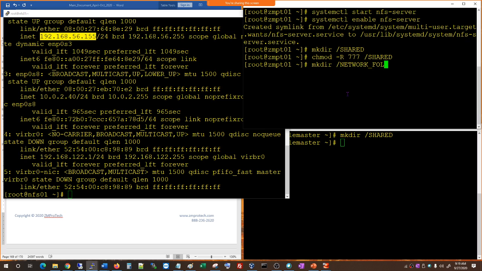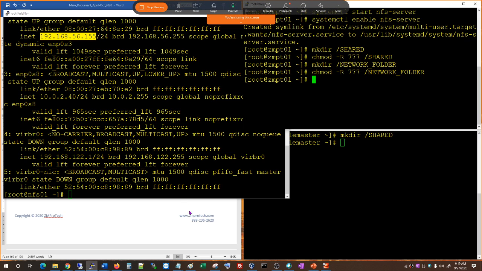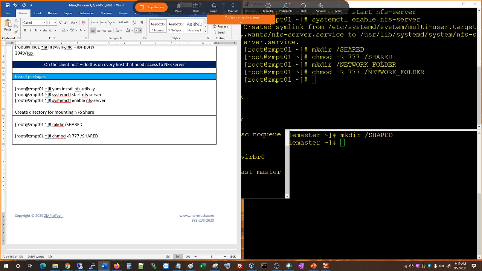Network underscore folder. And chmod -R 777. So instead of that,